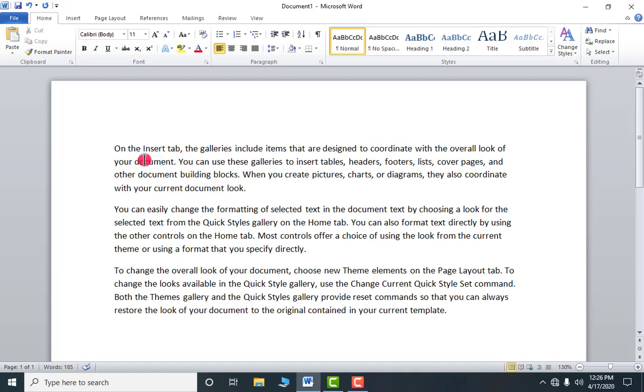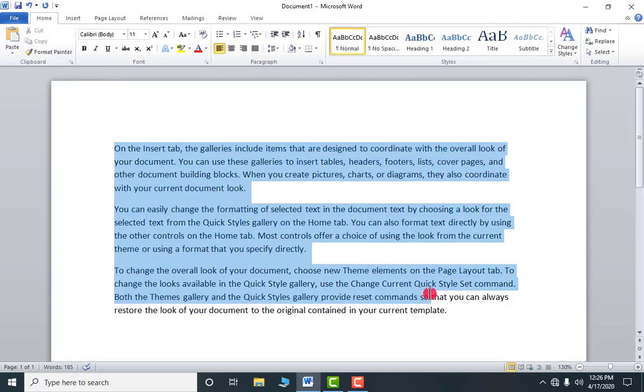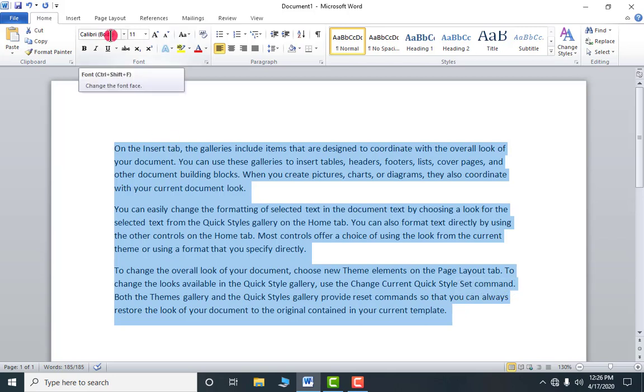So first thing, in the previous video we have seen about the cut, copy, paste and format painter. In that I also taught you how to select the text. Now here again I am selecting the whole text by using my mouse left click and dragging. Okay, now first thing is changing the font style. Different people have different handwritings. Same here, you can change the text look according to your choice from here.